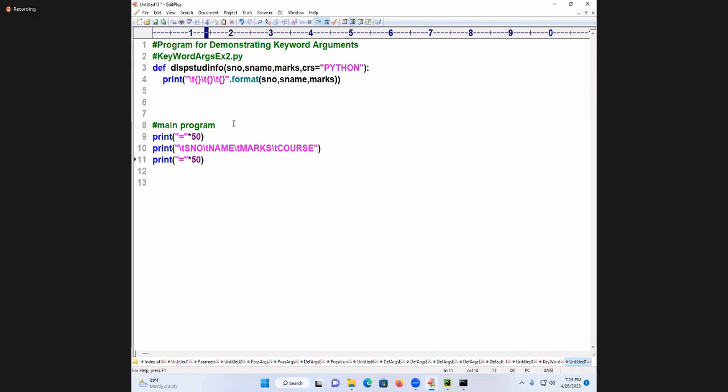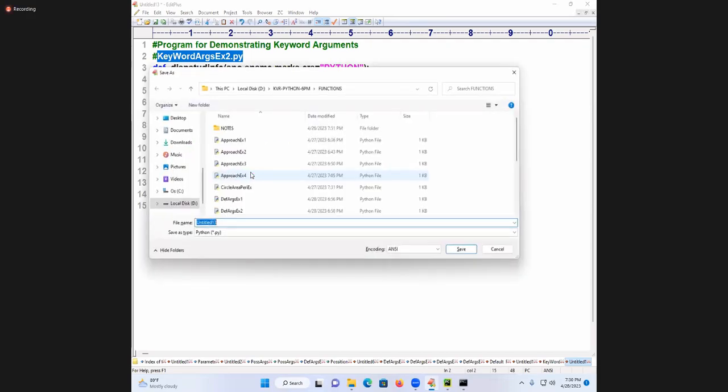I'm taking display. What is the function name? stud_info. I'll take it. Number is 100. Now I'll take the name as Monica. Next, marks is something like 66.66. Student name is like this. Execute. Now I'll write like this. Save this code. Observe it.